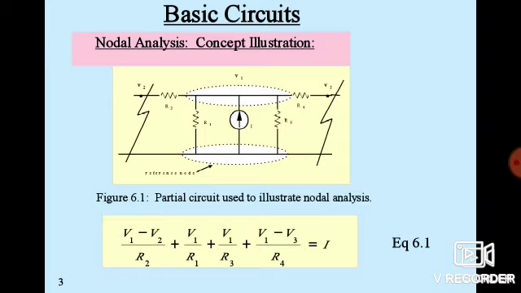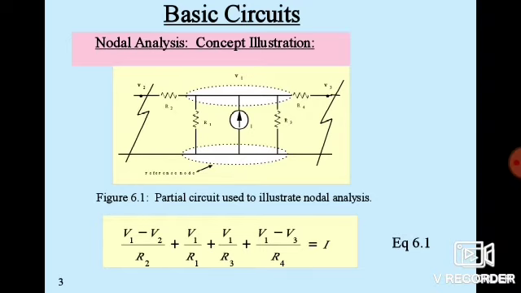Next take the resistance R3. There will be a voltage of only V1, therefore the current flowing through the resistance R3 is V1 by R3. Next, between the nodes V1 and V3 there is a resistance R4. Since we are at node 1, that will be considered as outgoing current, so (V1 minus V3) divided by R4. All of them are outgoing currents. So the sum of outgoing currents equals the sum of incoming currents for the node V1. The incoming current for the node V1 is only the current I.